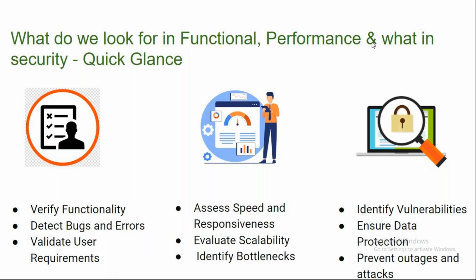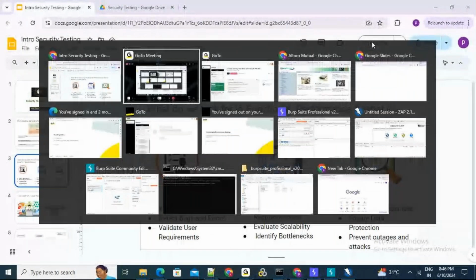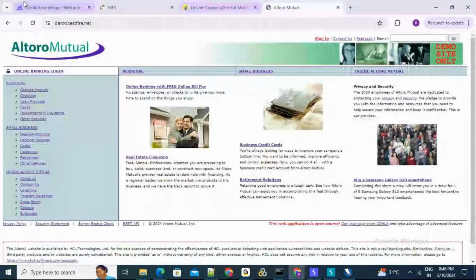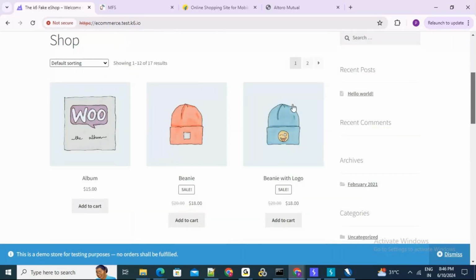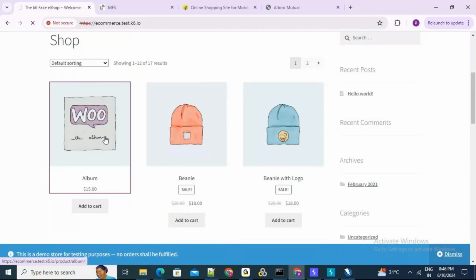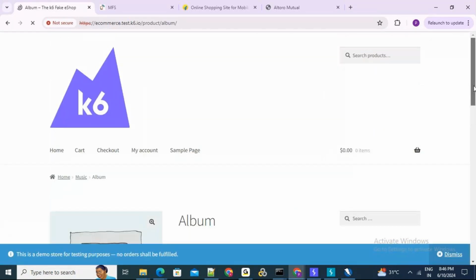Right? See, for example, if I take any application, let me go to an e-commerce site. From a functionality testing, what I will do, I'll come here, click this product, and check whether the product page is coming or not. When I add this product to the cart,